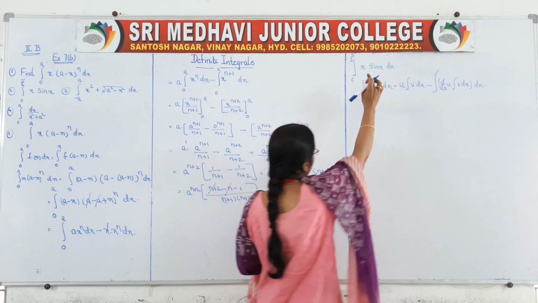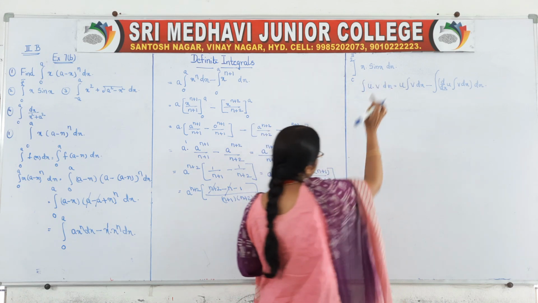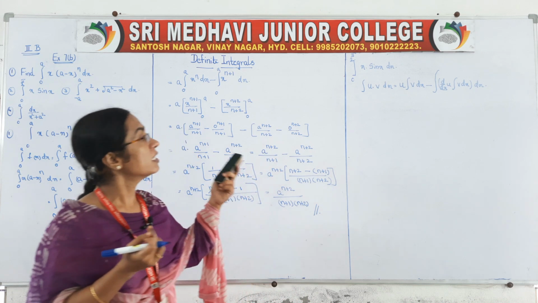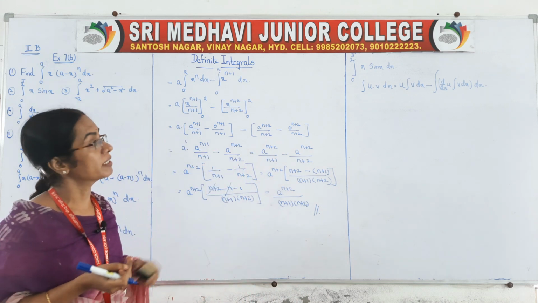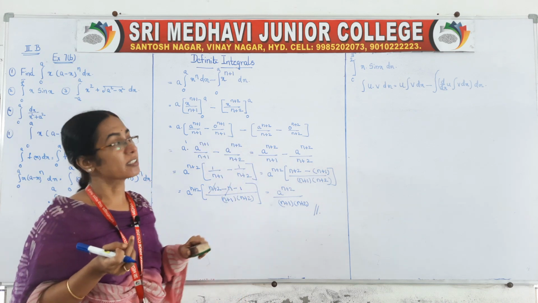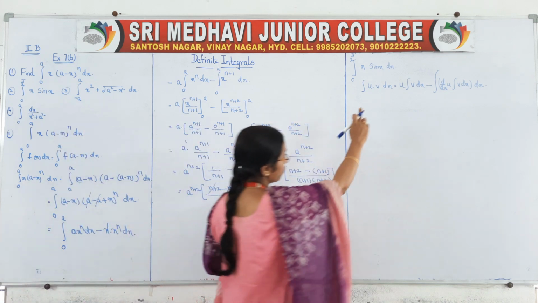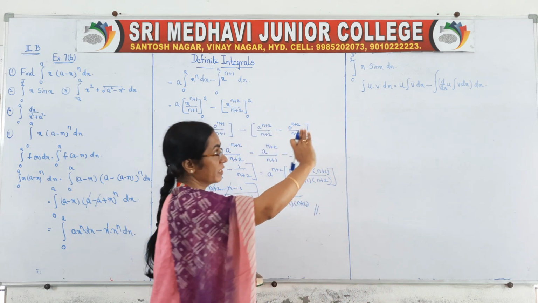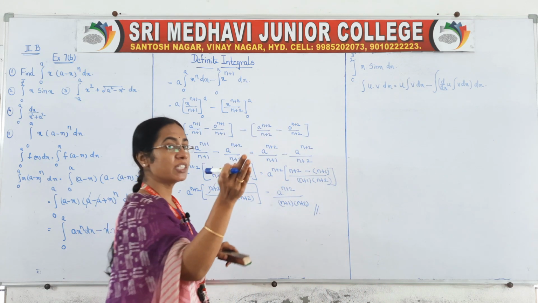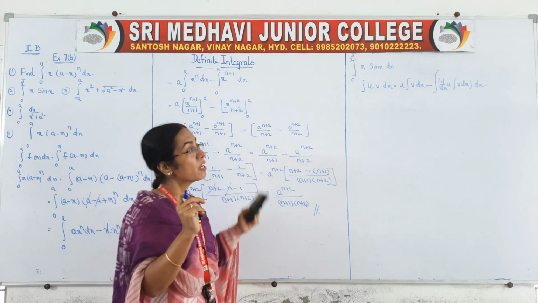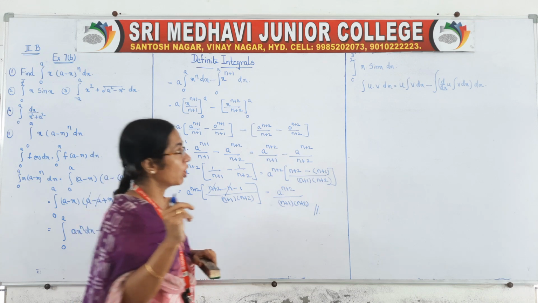So here also we are having a product of two terms, isn't it? If it is plus or minus, we will take separate integrals and apply the formulas. But here the product form is there, x into sin x. That means we have to follow this formula. This is the formula whenever a product form is there in integrals. In differentiation, that is different. In integrals, this is the formula when two values are given in product form.